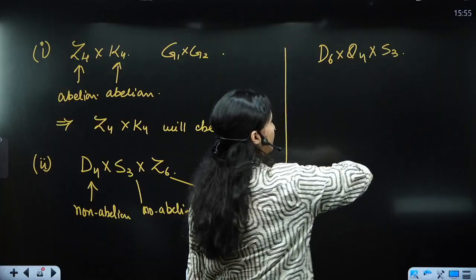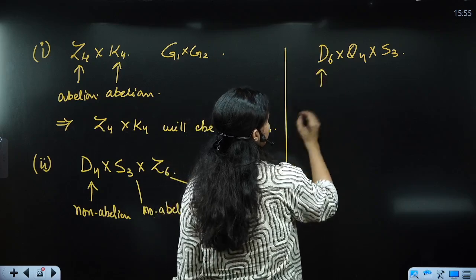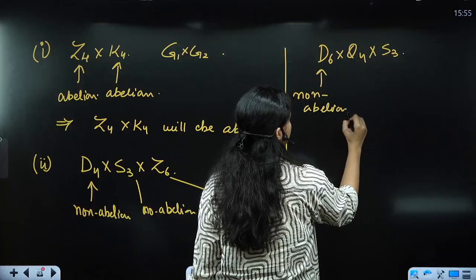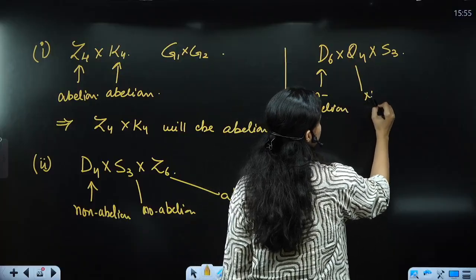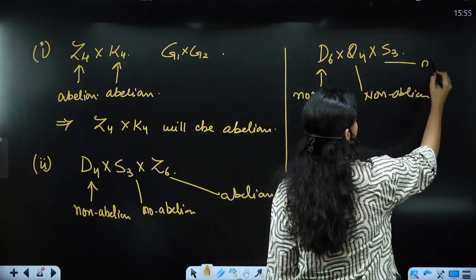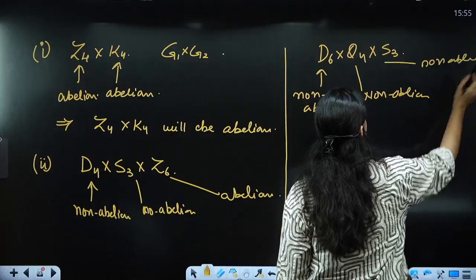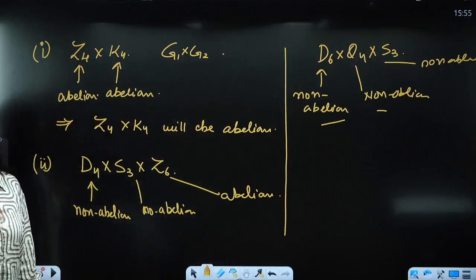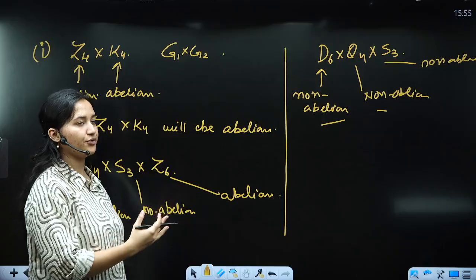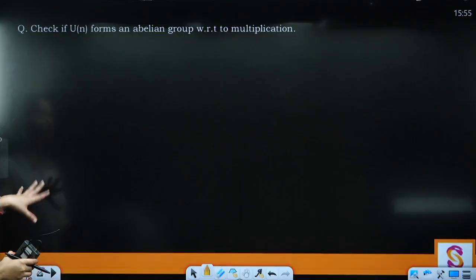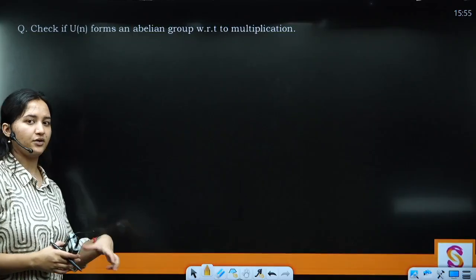Okay? Now here D6 definitely is going to be a non-abelian group, right? ये 100% we know that this is a non-abelian group. अभी हम prove करके आए थे, I mean check करके आए थे. This is also a non-abelian, right? So since all of these three are non-abelian groups, that means the group G1 cross G2 cross G3 is not going to be abelian. Clear? चलो.